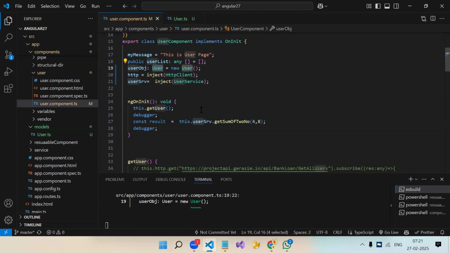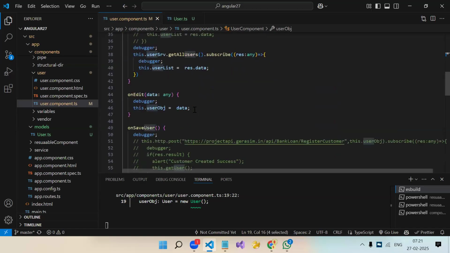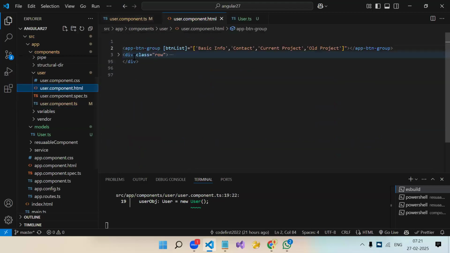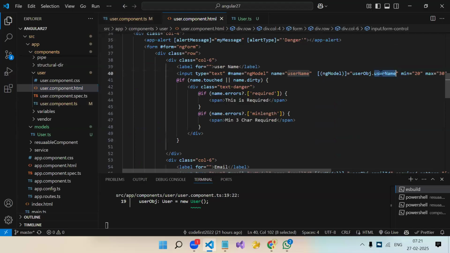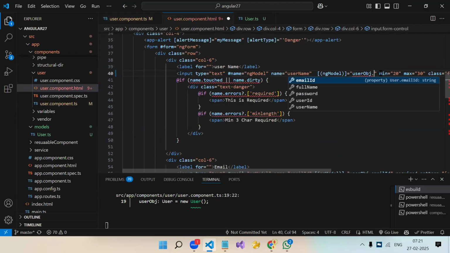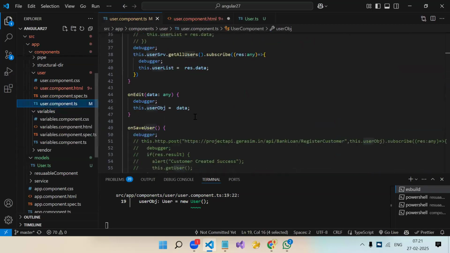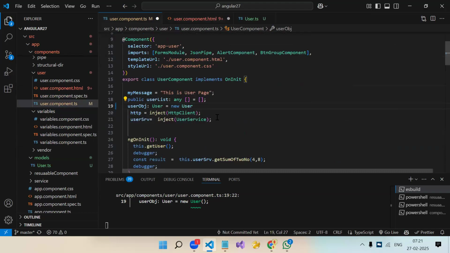Okay. Now, what's the benefit of it? Previously, if you remember, when we used to do this, username dot, see, now you get all the properties in IntelliSense. Okay, let's go back to any again. I'm making this with any.